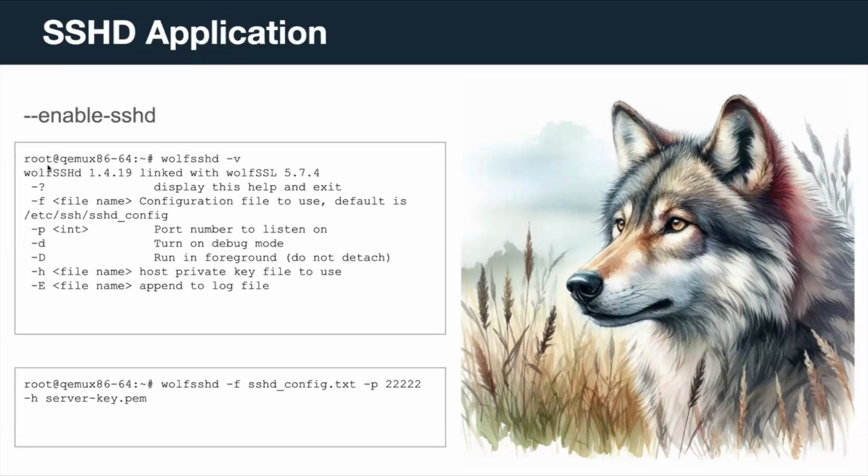Runs the application after booting up in QEMU. And then this is kind of an example of how you could start it up in the background. So you'd run wolfSSHD with your typical SSHD config file. And it's meant to be a drop-in replacement for OpenSSHD. So the